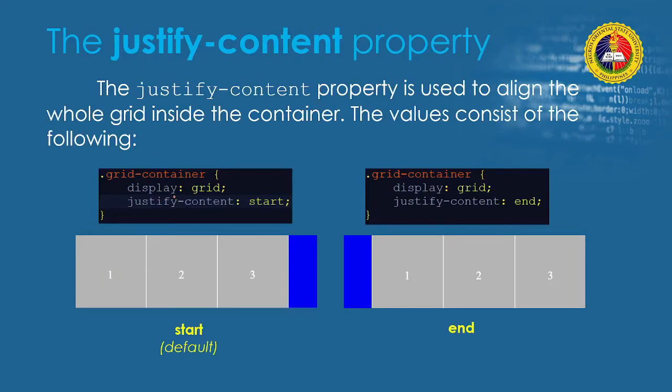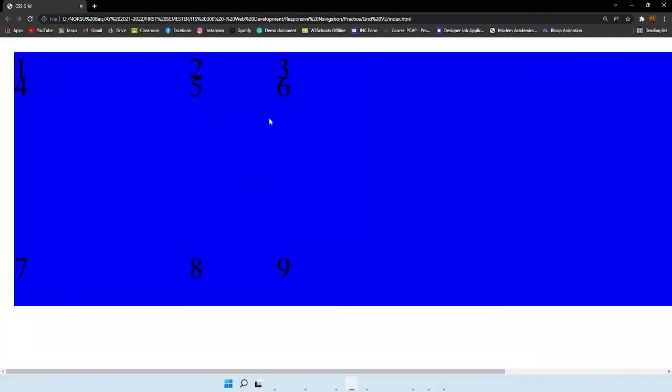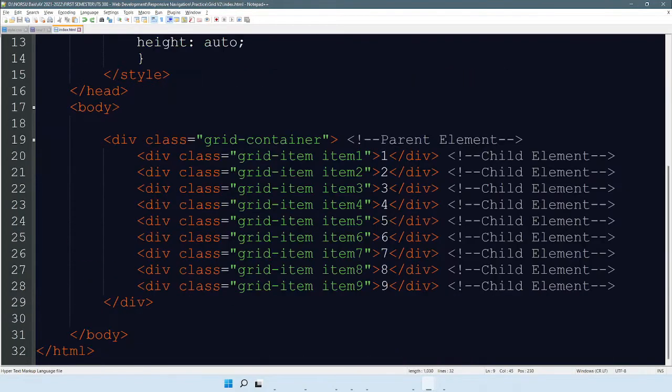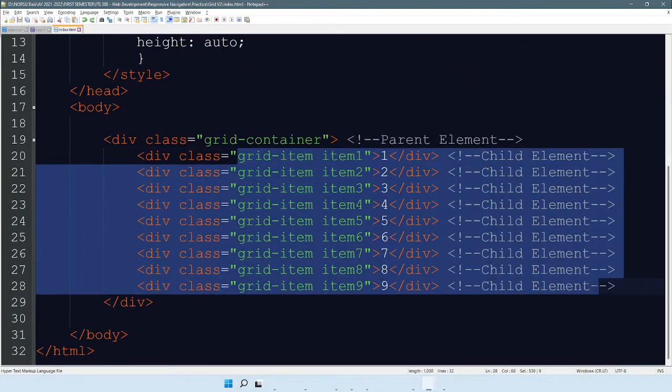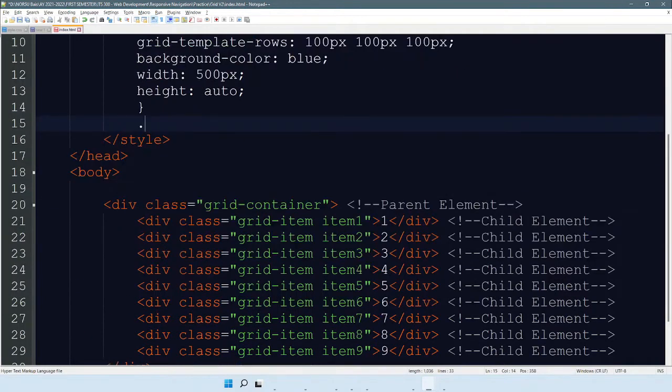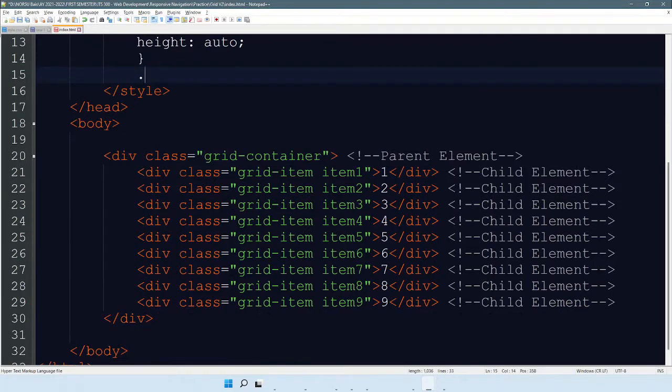Next is the justify content property. Now this is just an additional something that we are going to learn. So before we proceed to this, let's just create the boxes themselves. So let's reload this, and then we're going to design each box specifically. Now, if we wanted to design each of these items with their own colors, then we are going to go back to our CSS, and we will no longer design the grid container because we are now designing our grid items. So we will call the most common name they all share,